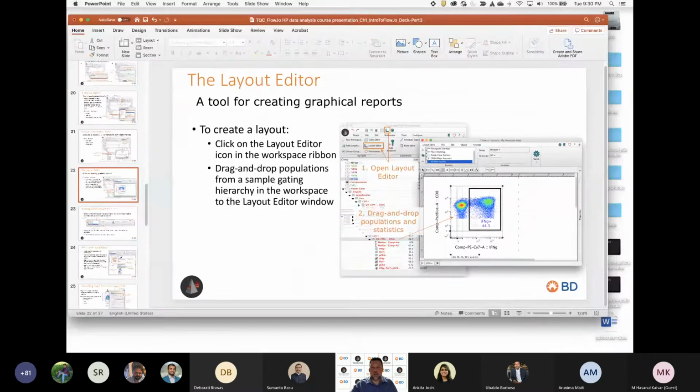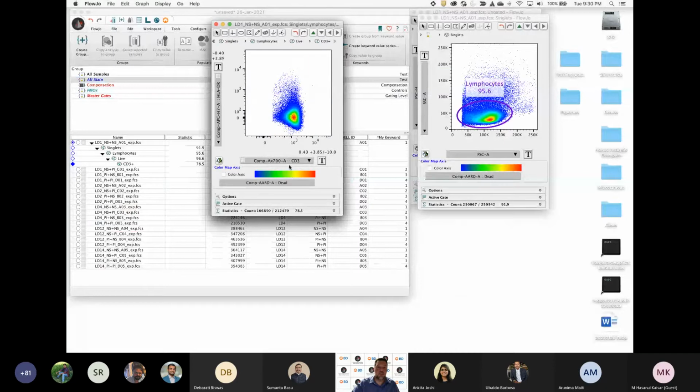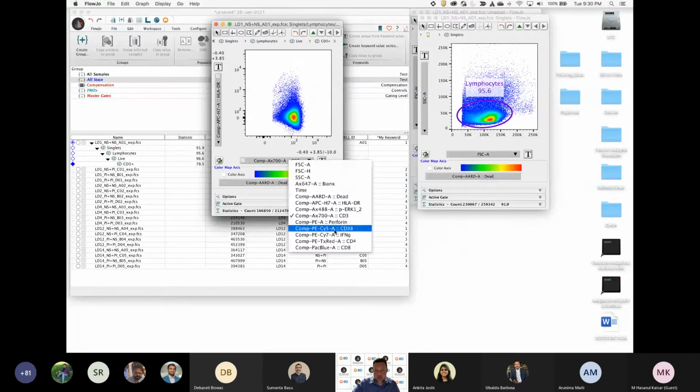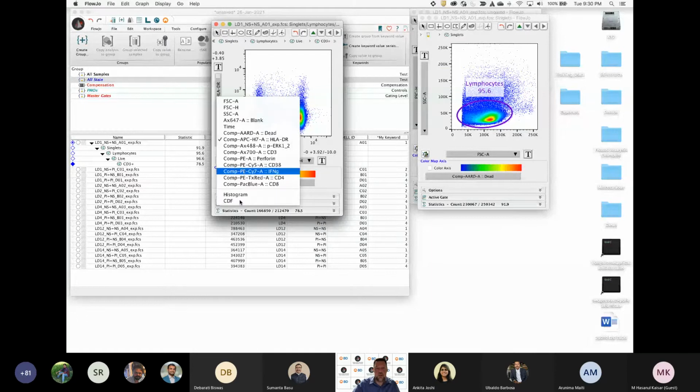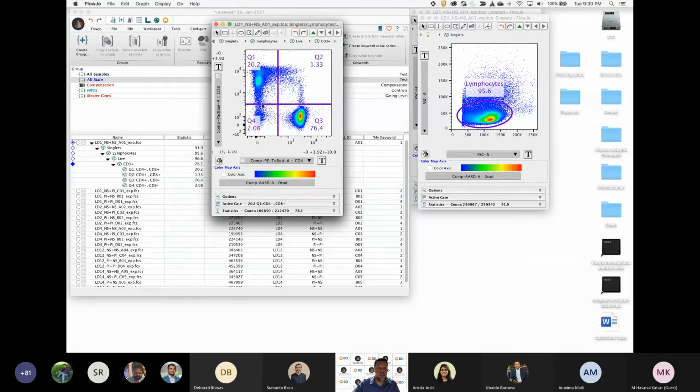So let's go ahead and jump in here and draw a couple more gates here. I'm just going to double click on my CD3s and look at 4 versus 8. I always look to 4s on the X. Versus 8, this is a perfect distribution for a quadrant gating tool. With a quadrant gate, you can click on the quad, set the gates here. Notice I've just created 4 quadrant gates with the frequencies there,